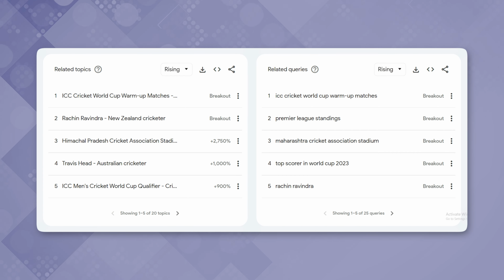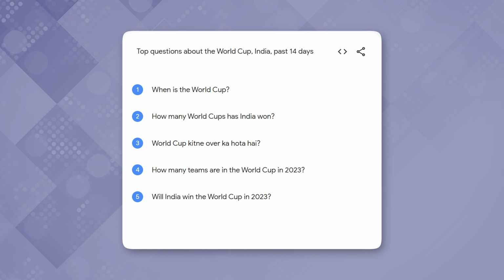A good practice is to cover different types of angles that people are searching for. So if you have picked a particular topic, you can cover the basic how, what, when questions that usually arise in a reader's mind when they are researching a particular topic. This will help you cover all aspects of the topic, ensuring you get hits for your article for each type of query that people search for.